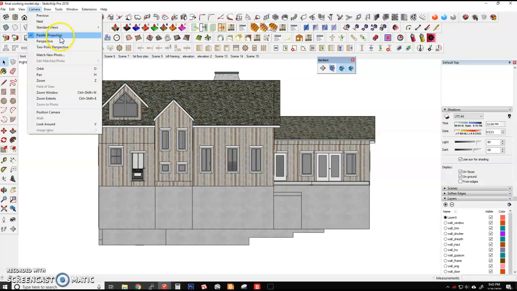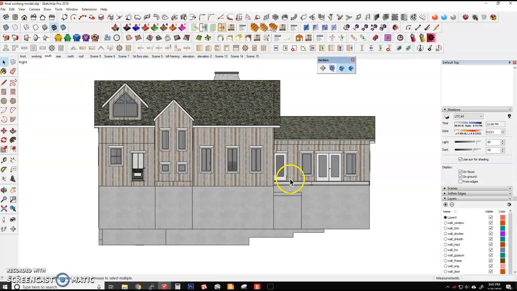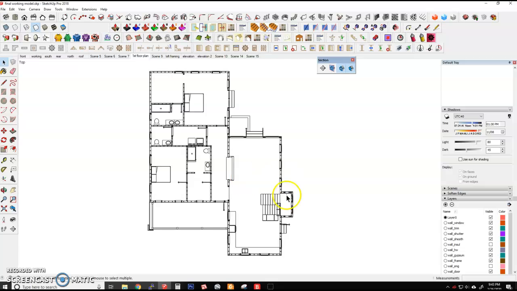You want parallel for your drawings because it looks better. And it saves what sections are active. So if you go to first floor plan, now I got a floor plan. It also saves